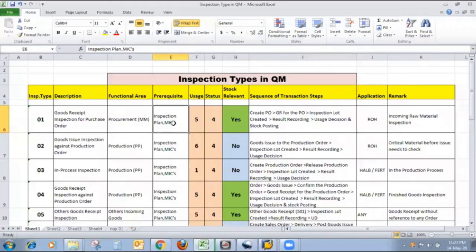So this is all about inspection type 01. I will make a new video for inspection type 2, that is goods issue inspection against production order. So meanwhile,